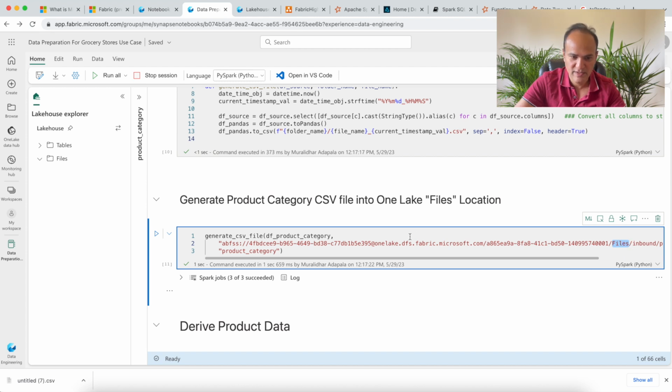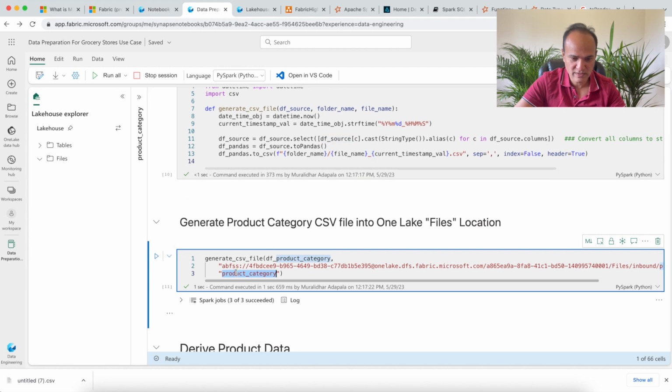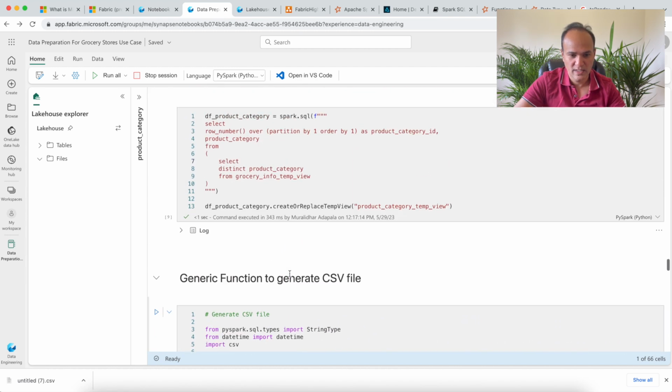Under that, because we are generating some files, I want this file to go into a directory called inbound, and within this directory it has to go into product category, and the file name I want is product category. It has to start with product category. Of course, in the function we are suffixing that with some timestamp, but this is how it should look. Now let me run the data frame,